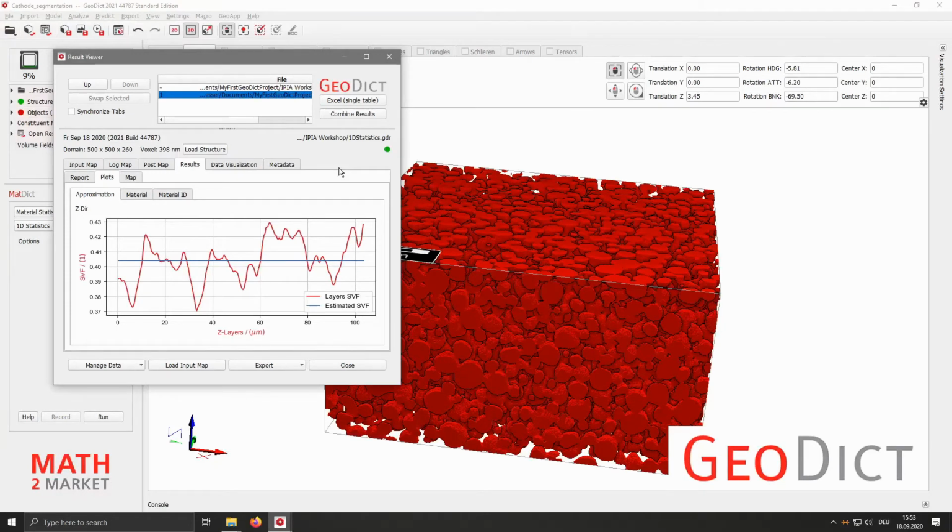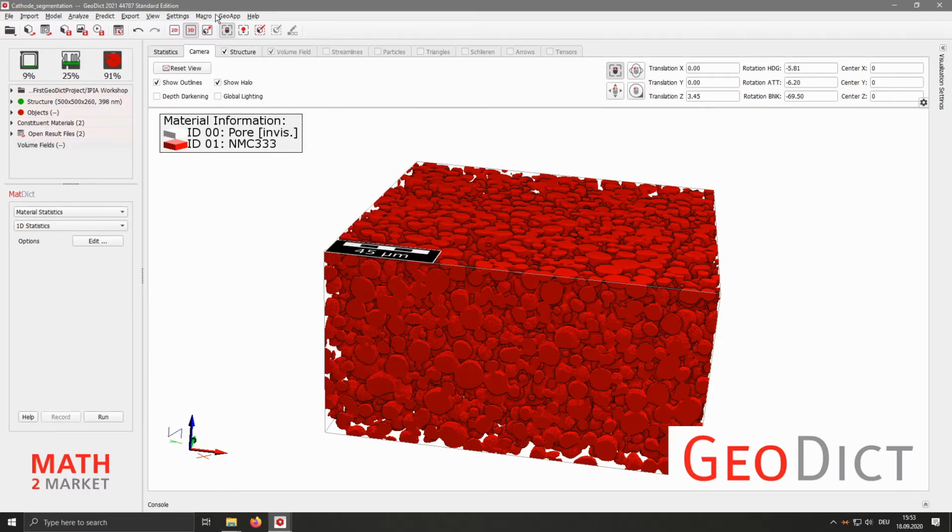For our final geometry analysis, we will now analyze the cranes in the structure. So we go back into the main menu and select the Crane Find module up here. In the Crane Find module, we have the functionality Identify Cranes. With this functionality, it is possible to label each crane in the structure individually. So if you would only analyze the connected components of this material now, everything would be connected.